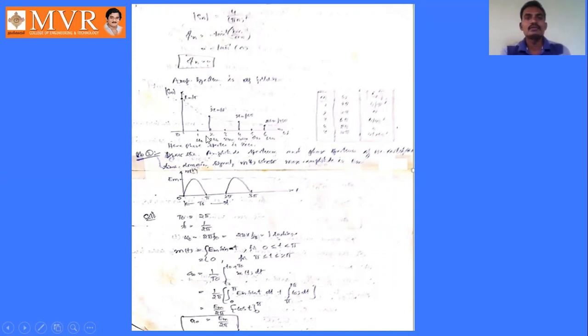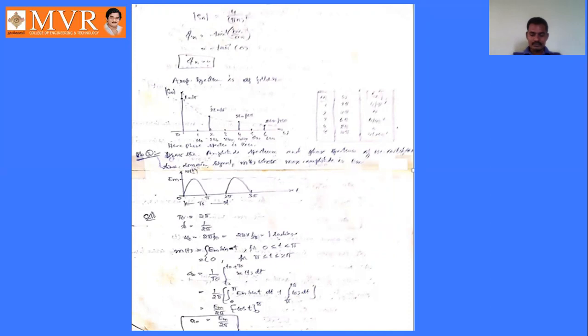For this problem, if the given signal is an even function or even signal, it has only cosine terms, not sine terms. And also remember, it has only amplitude spectrum, not phase spectrum. Why? Because here the phase angle is 0. We have only cosine terms, not sine terms. Sine terms become 0 because it is an even signal or even function.